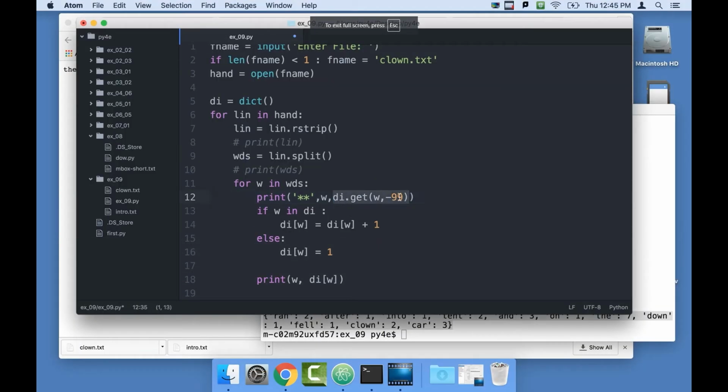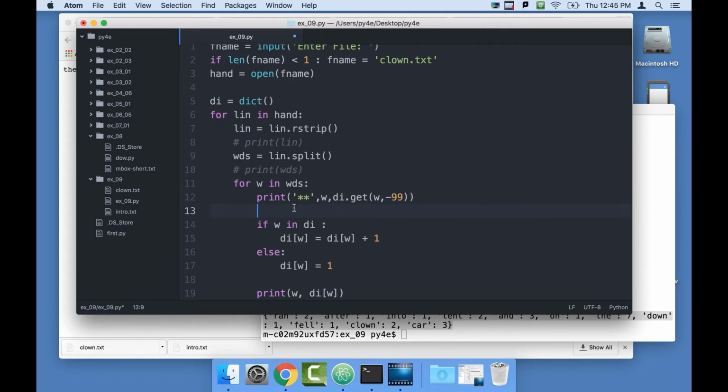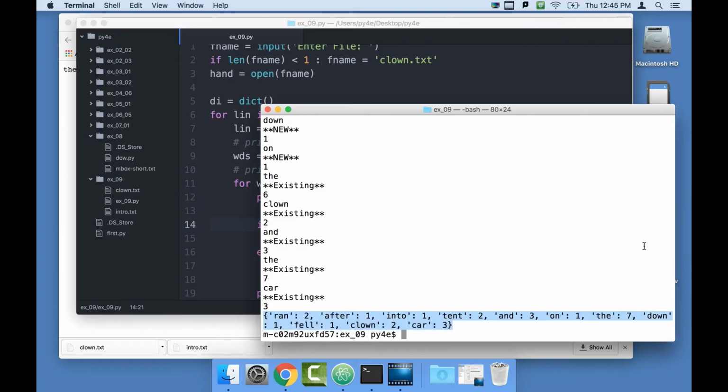di.get of the word is the important part. This is a dictionary. .get says, in its first parameter is the key to look up, which is word, like the, or fell, or clown, or whatever. And 99 is the default value that we get if the key doesn't exist. So this is in effect an if-then-else, right? If it's in there, do one thing. If it's not in there, do something else. Okay, so let me show you how this works, and you'll see that the 99 will happen when